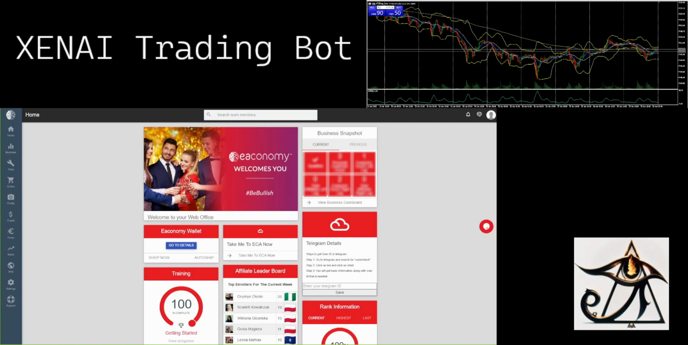They have a new trading bot, which I'm going to trial for you guys today and show you the setup process. And we're going to take a live look on a live account and see what actually happens when we place the bot on the account. Let's get into it. So first of all, you'll need to log into the Eaconomy client area, and basically we'll